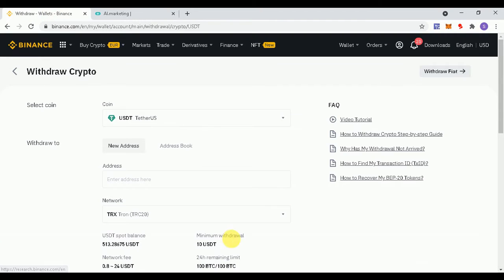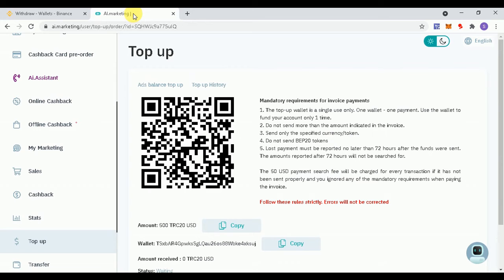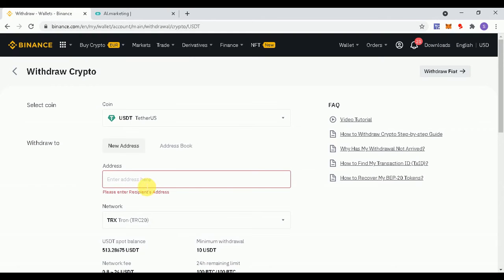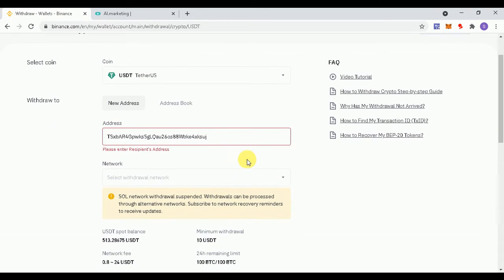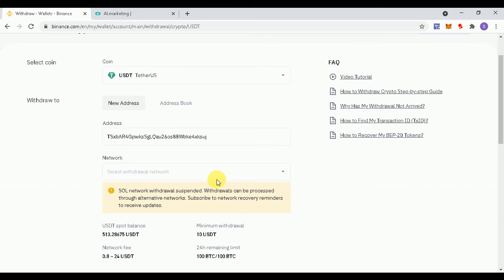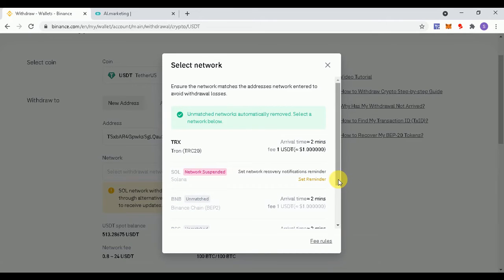So here I have 513 USD and I copied this address already. Here I'm pasting this address. Okay. Network selection from withdrawal.